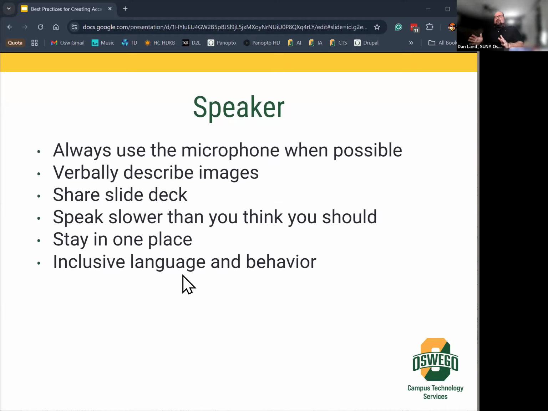Even if you're afraid of not getting through all your content, it's better if you slow down so that people can understand what you can get through. So I talked about staying in one place, and inclusive language and behavior. Try to avoid using terms like "as you can see here on the screen," because like I said before, saying just use, mouse over this and click this, that's something maybe you can't see what's on the screen. So when I say "as you can see," that might not include part of your audience. So you kind of want to shy away from that.